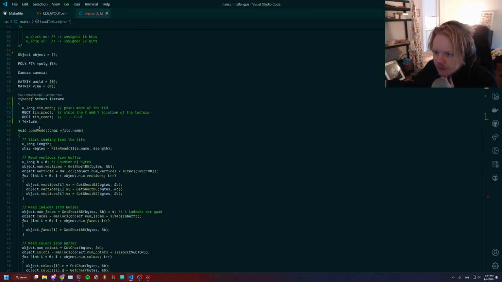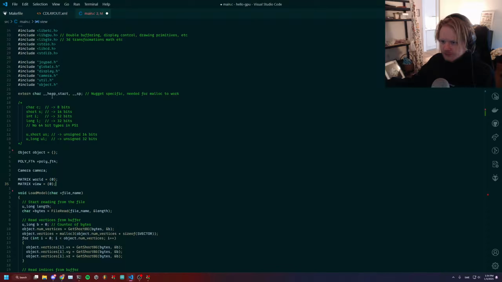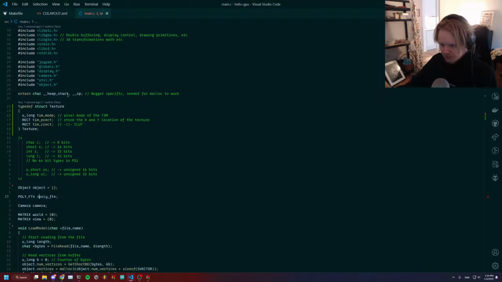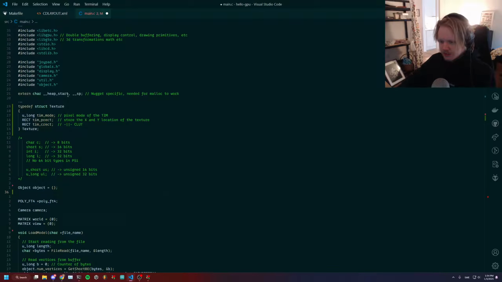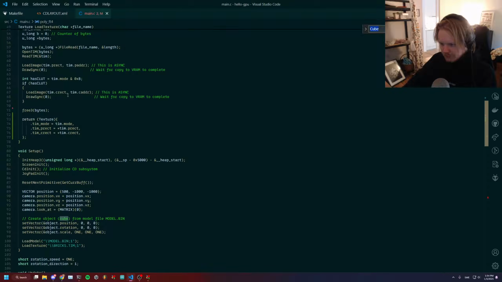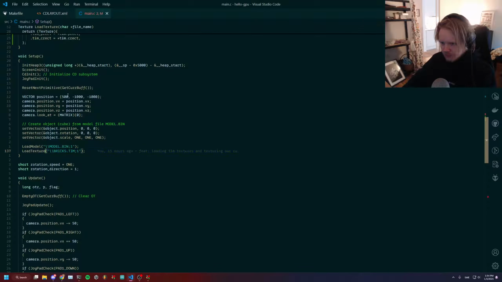And then we can create some more global variables. Let's move this up out of the way. So here we have our object. Let's create a texture and call this brick texture. And then in our setup, where we do the load texture, brick texture is equal to load texture bricks,